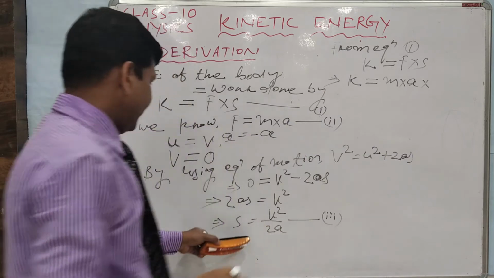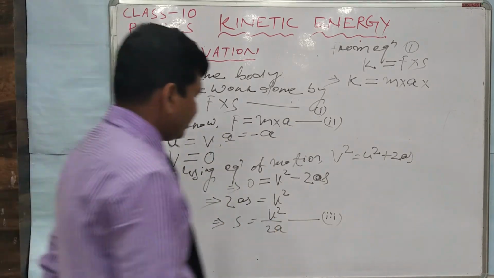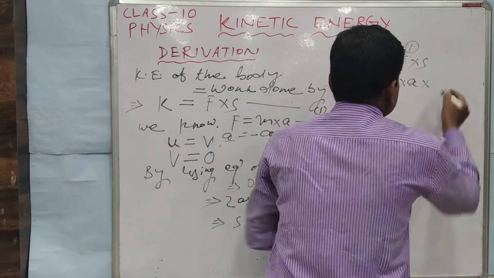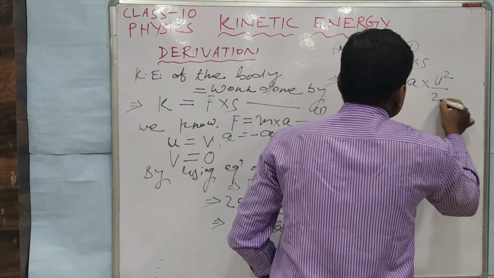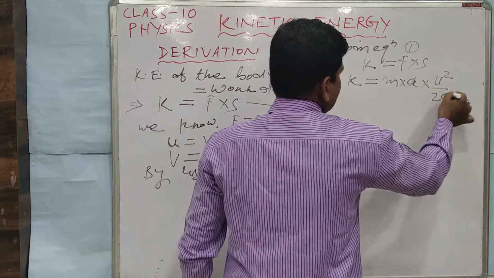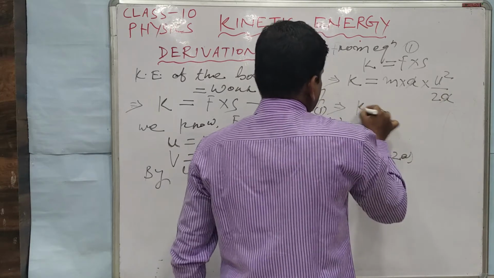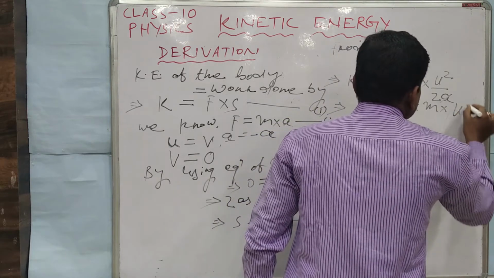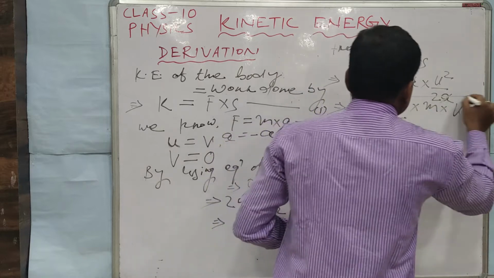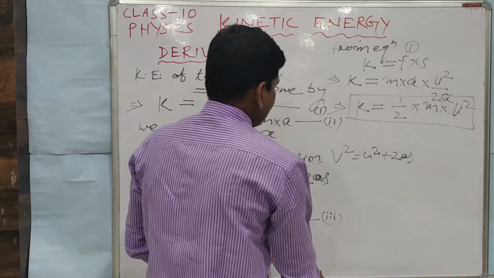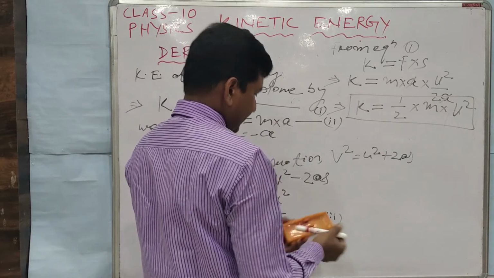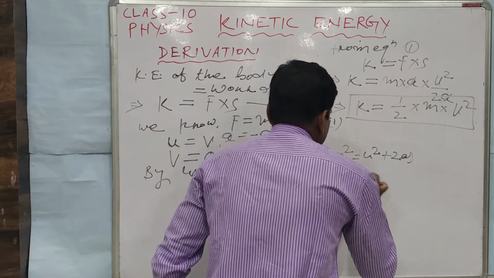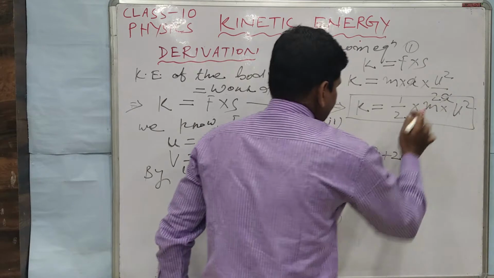into s. The value of s you already got, that is v square upon 2a. So you may write here v square upon 2a. Now here a is cancelled, therefore we are getting k is equal to half into m into v square. So this is the expression of the kinetic energy, that is k is equal to half into m into v square. So therefore you may write here kinetic energy k is equal to 1 by 2 into m